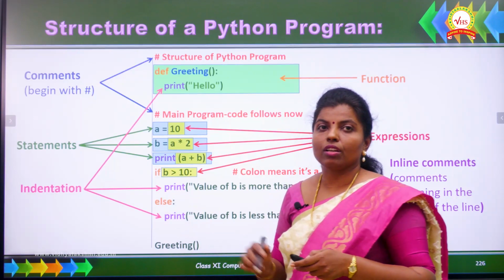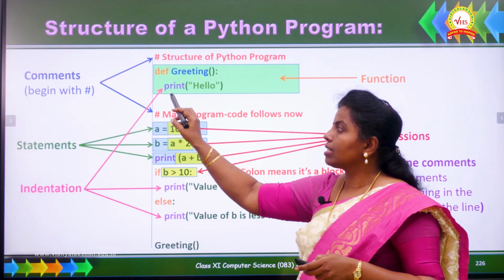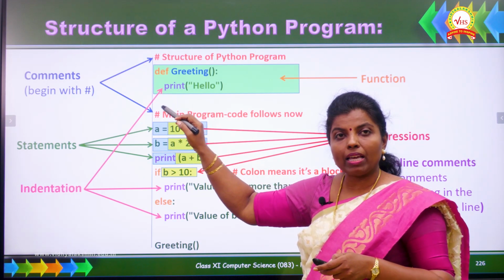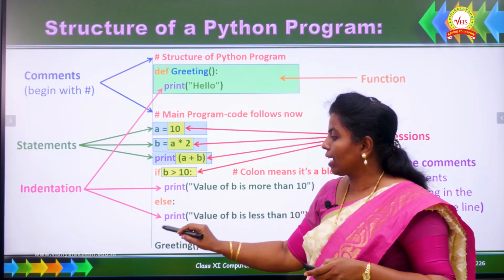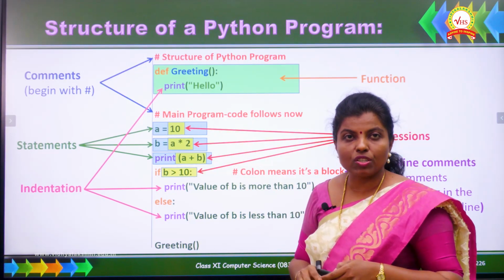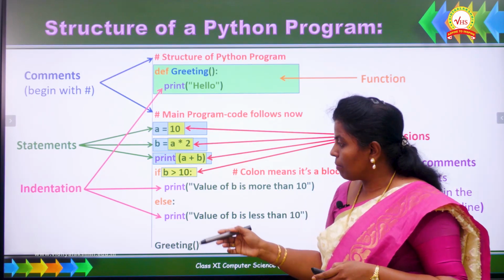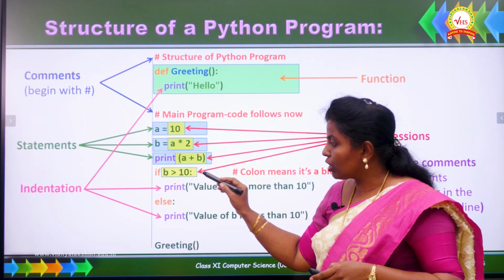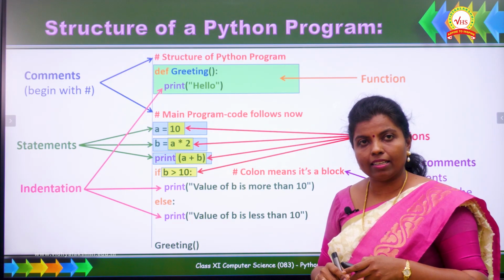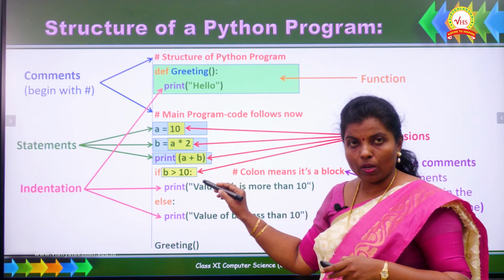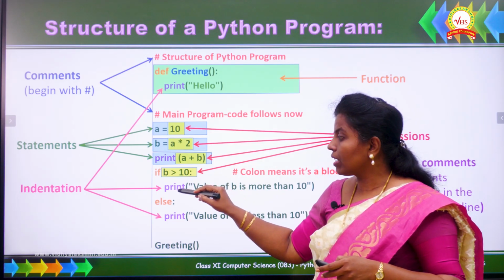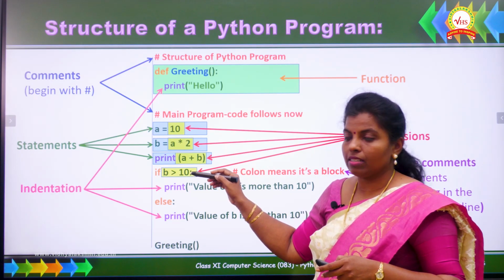They are indentation. Already we have learned about indentation. If a statement begins with a space, so before a statement, if we have a space, the space in the beginning of the statement, right. So lines, these are referred as indentation. So here this print statement is the part of this function header, that's why it is indented. Same as you can see here, there is an if condition. This if condition also ends with a colon. So whichever statement ends with a colon, they are referred as headers. So this if statement ends with a colon, so that is a header. Under the header, the body of those statements, those headers will be indented.